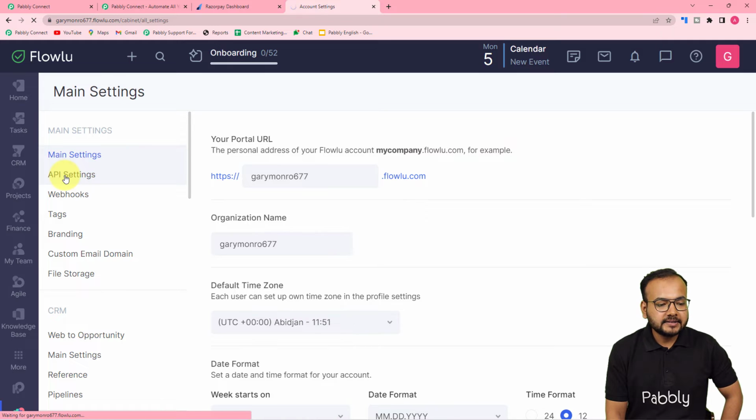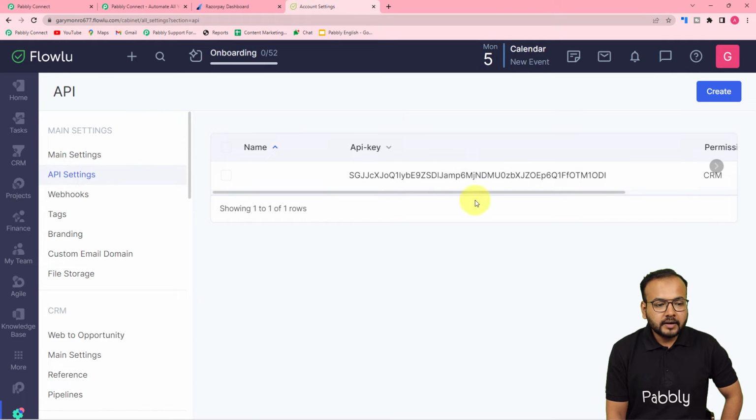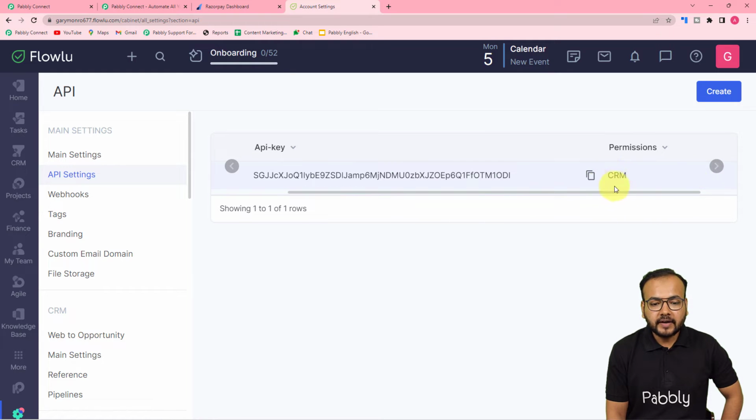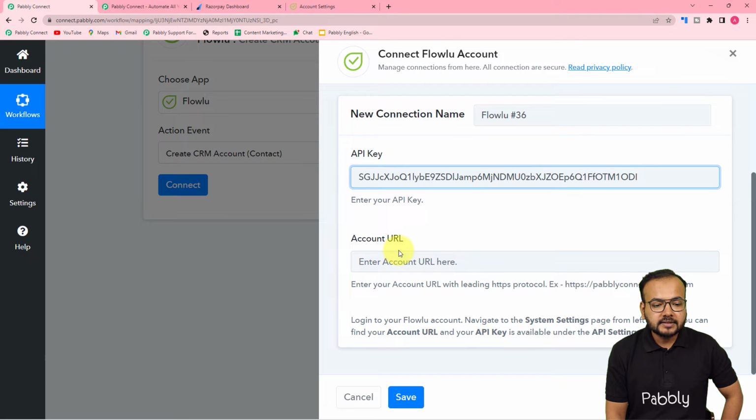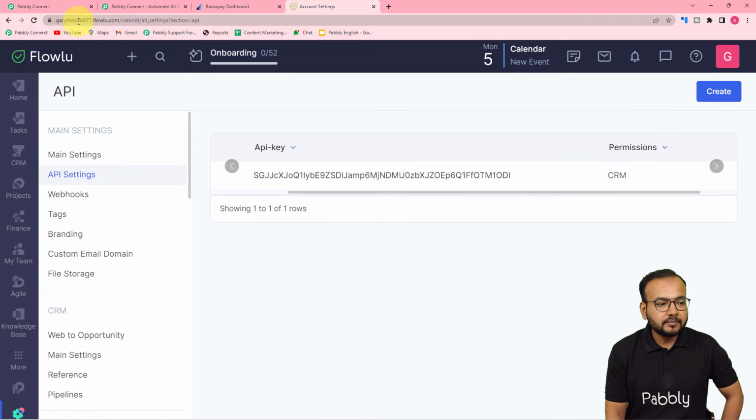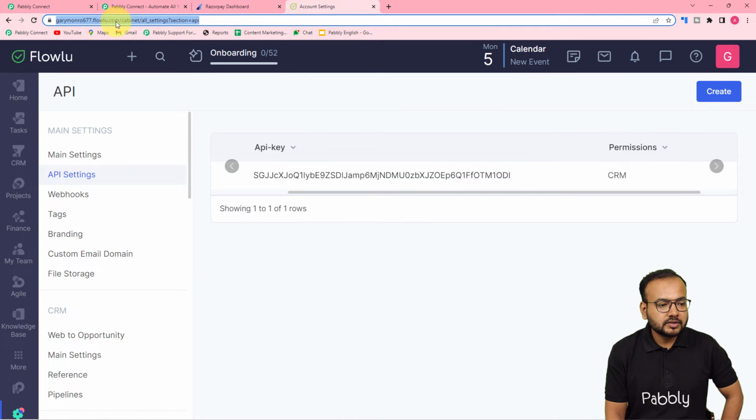Click on API settings. All right, and this is an API key I have generated for giving the permissions of access to CRM. So I'm just copying this API key. You can create your own key by clicking on this create button. Okay, and I'm pasting this key here in this API key field like this, and here it is asking for the account URL. So you'll find the account URL here from the top search bar. You can just select the account URL up to this flowlu.com. Okay, so just copy it